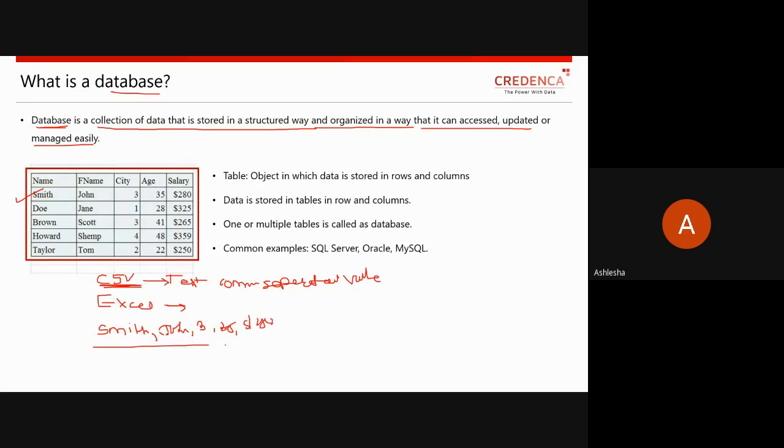And in the second line, the next row information, and so on. This is what we refer to as text format, and it is called comma separated values. So it is not always the case that your data is in the form of a table. Next, a database is not about a single table. We cannot refer to one table as a single database. Your data is made up of one or multiple tables.